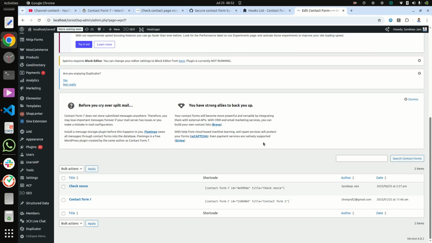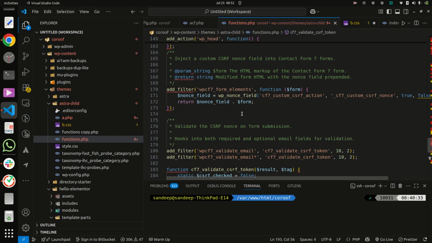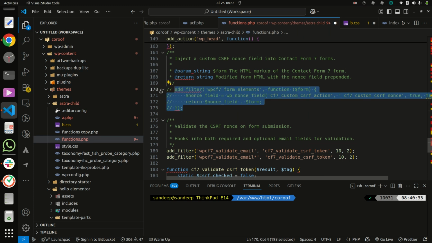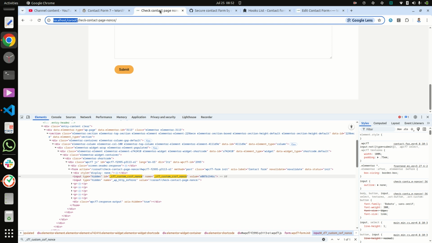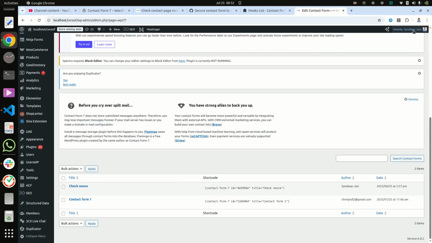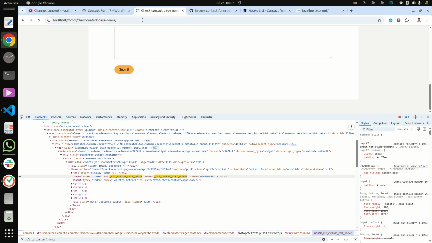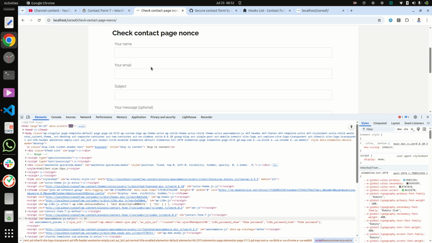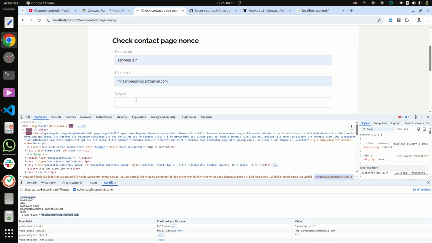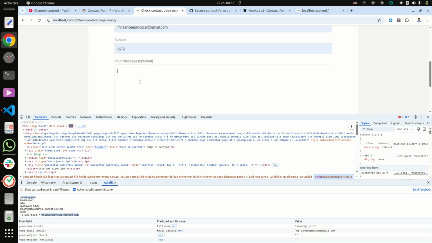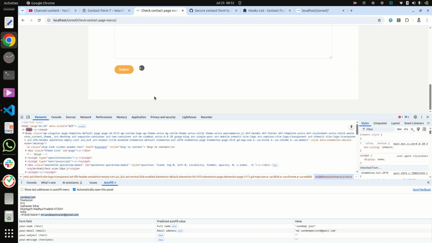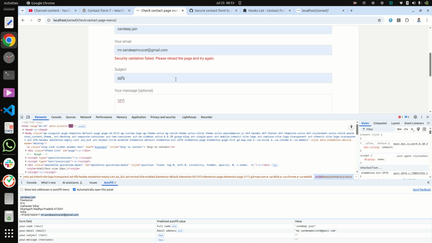For some time I am removing this code, meaning commenting it out, so that you can check. It is saying one or more fields have an error, please check again, and it is giving our error: security validation failed, please reload the page and try again.